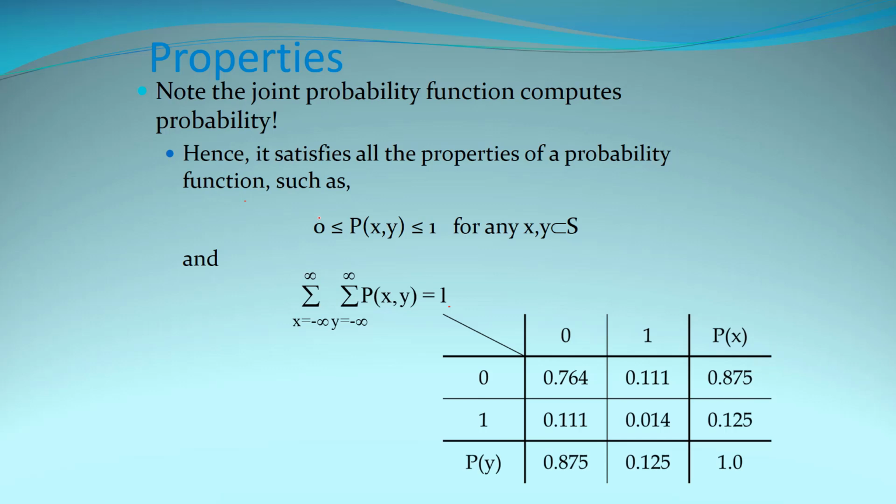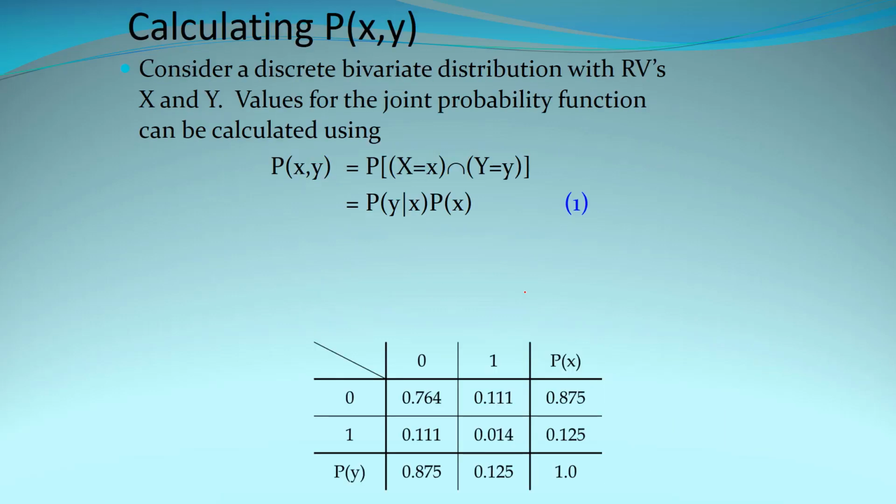In other words, the probability ranges between 0 and 1, and the summation of everything in between these boundaries, right? Summing up over all the y's, summing up over all the x's is going to give us 1. And just taking a little bit of a look at this thing, this is the intersection of